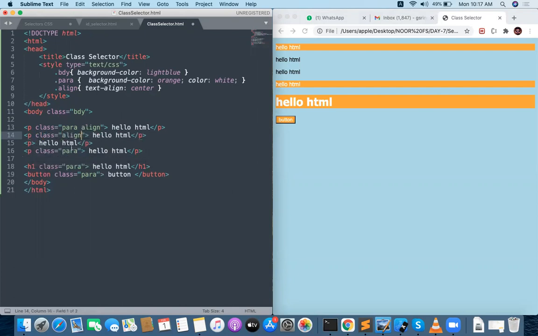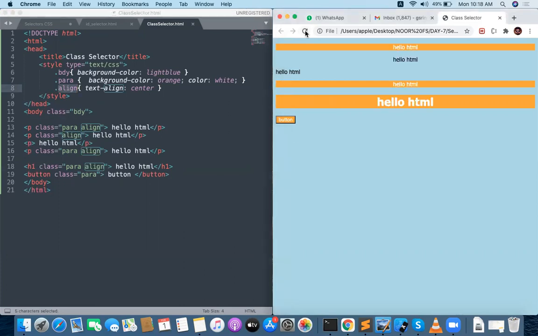Okay, and here also align, and for this one also align. Can you see? Whenever you have another class of your own available, you can apply that particular class wherever it is required. See, only specific elements have the align class. First paragraph is going to have the align class, and for the fourth paragraph we can assign the class too, like we can put one class name, space, another class.